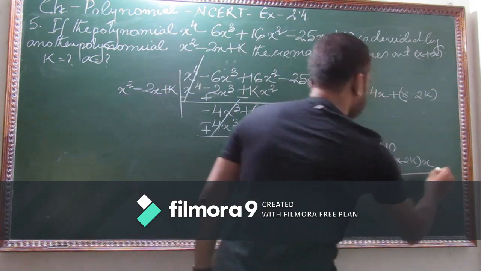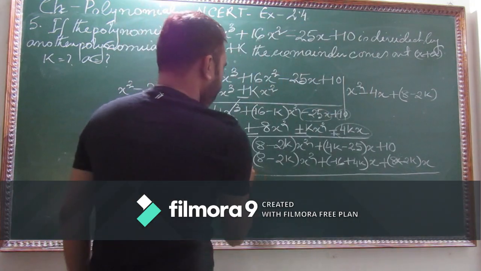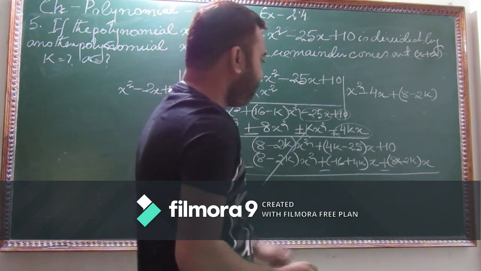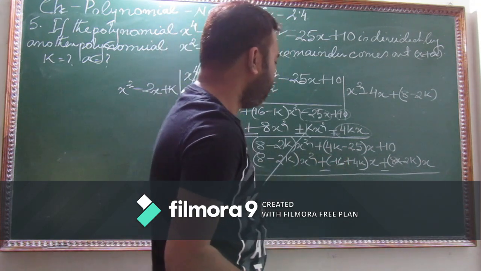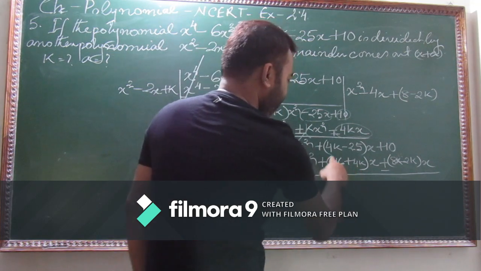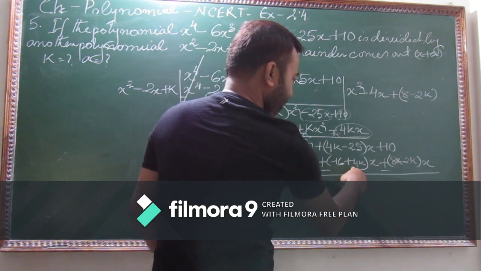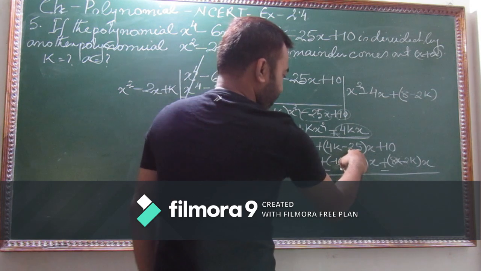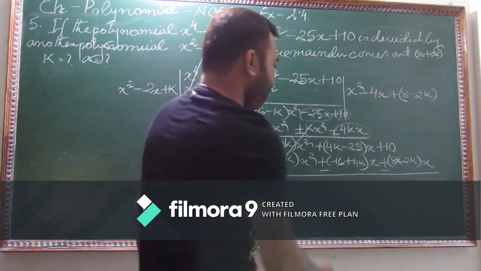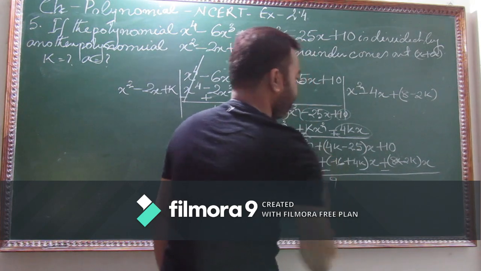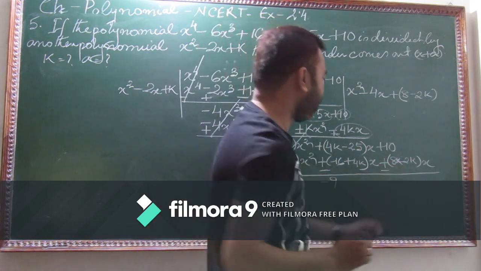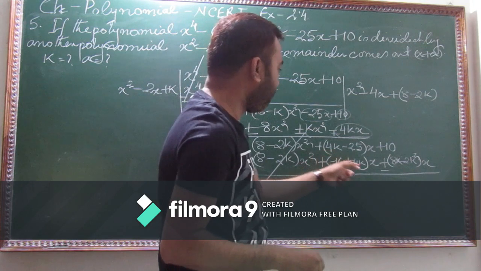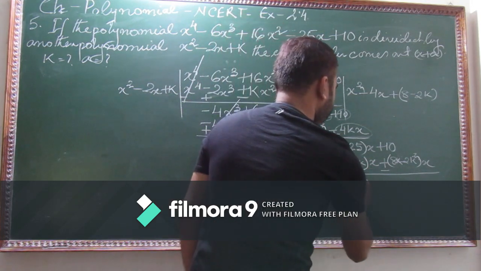Now I am going to subtract. If I subtract minus and minus, here it is eliminated. Now this is the matter with this. This is 4k minus 4k, that means 0. And this is 25 minus plus 16, that means minus 9. So here I will be getting minus 9. This is k square. So here 4k cancel, minus 8k minus